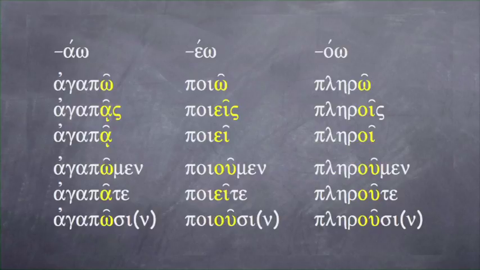So in that particular case, knowing the rules for the connecting vowel and the rules for contraction will at least remove the possibility of poi- being an alpha contract. But that's some of the kind of detective work that you have to do, looking at what the connecting vowel would be based on the next letter of the personal ending. And then that will help you go backwards to figure out what the lexical form of the word actually is.